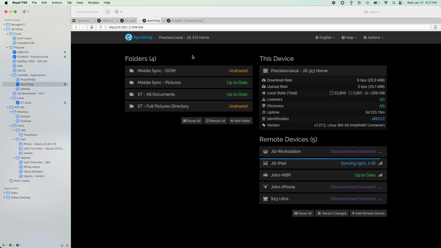All right, so we're going to start at the top. Basically, SyncThing is the core peer-to-peer file synchronization I use. Think of this as a replacement for iCloud Drive. Instead of syncing your files to Apple's cloud, you can keep everything local and just have it sync peer-to-peer. So let's say I have my iPad, my Fedora workstation, my MacBook, all syncing; they can sync between each other. But for me, honestly, I have it set up so everything does sync back to TrueNAS,